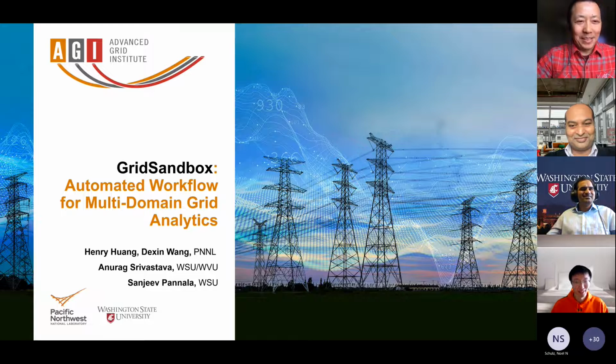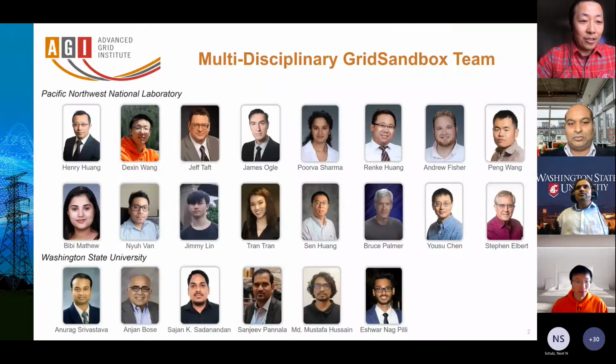So basically, we're doing teamwork today. I will be the one opening the talk, and Anurag will be the closing part. In between, the real meat will be presented by Dexter and Sanjeev. So we'll show you we're a great team working on this project. With that said, if you move to the next slide, our team is actually much larger than just the 4